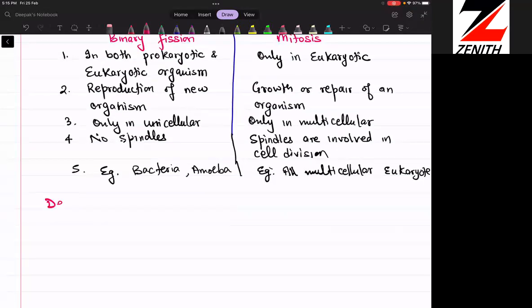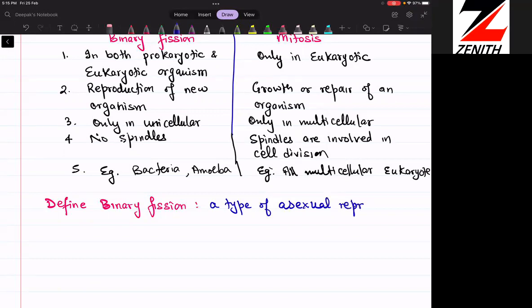So when the question comes, define binary fission. The starting has to be, it's a type of asexual reproduction. When you write down asexual reproduction, now we differentiate between mitosis and binary fission. In mitosis, it's a cellular division. That's what you start with. And in binary fission, it's an asexual reproduction,